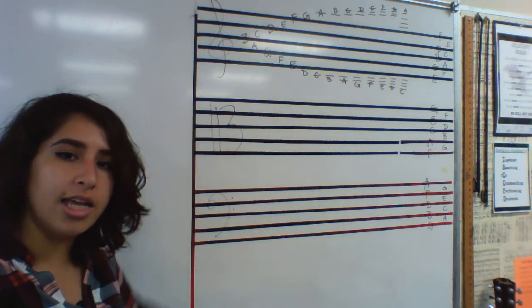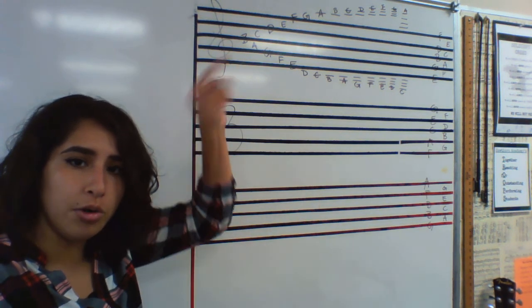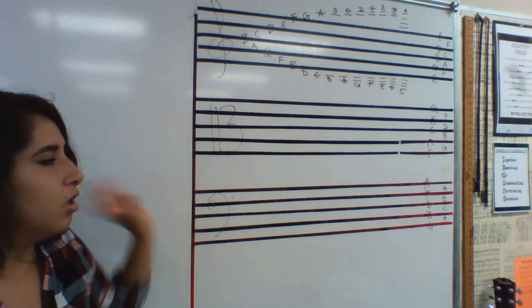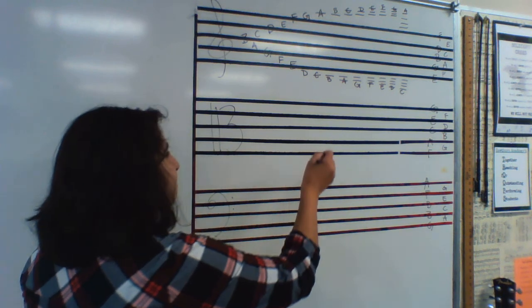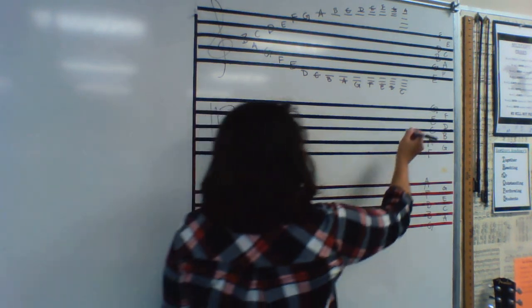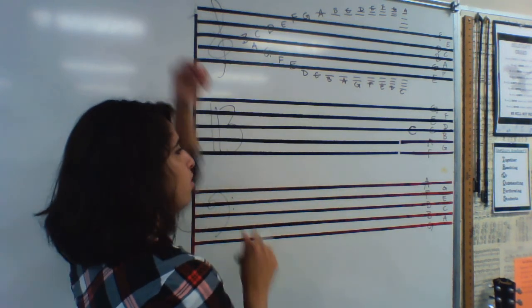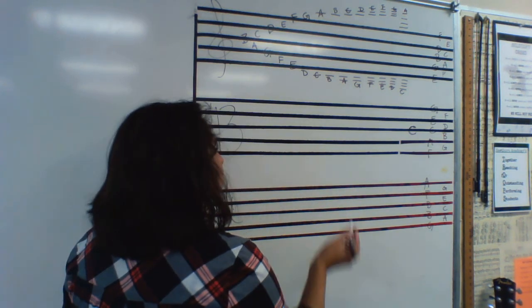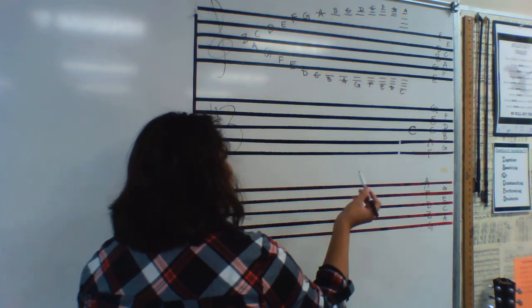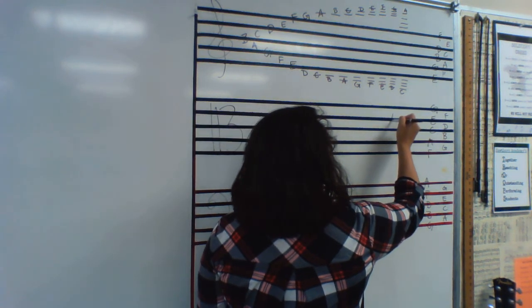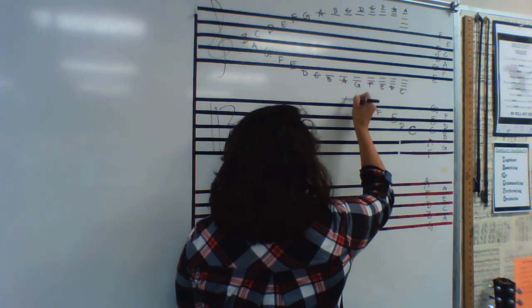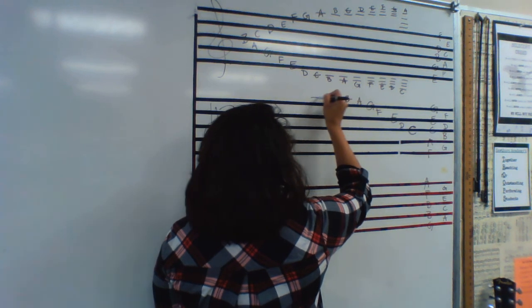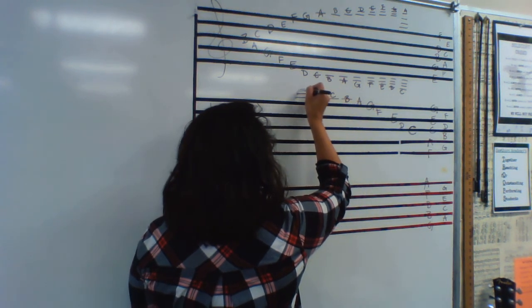Now let's move on to the next clef. Hopefully, if you are a treble clefer, you already wrote this down. If you want, just to be extra, you could do these two as well. All right, viola clef. Our middle note is C right here. I'm going to do it a little backwards just so that I have the space. C. So if we're going up in letters: A, B, C, D, E, F, G, A, B, C, D, E,